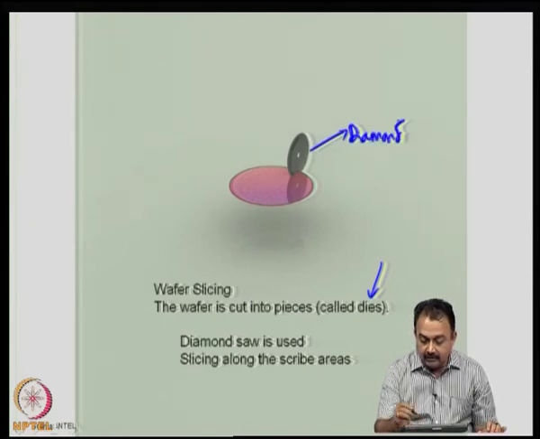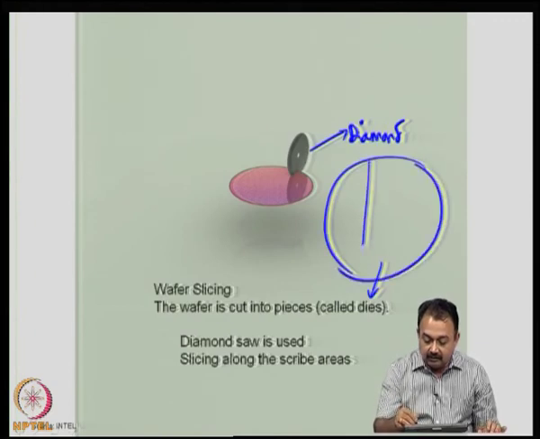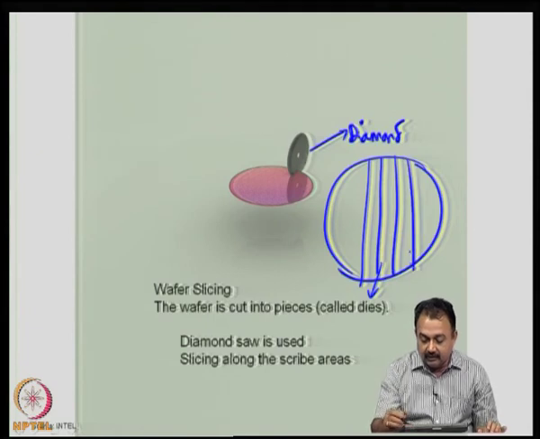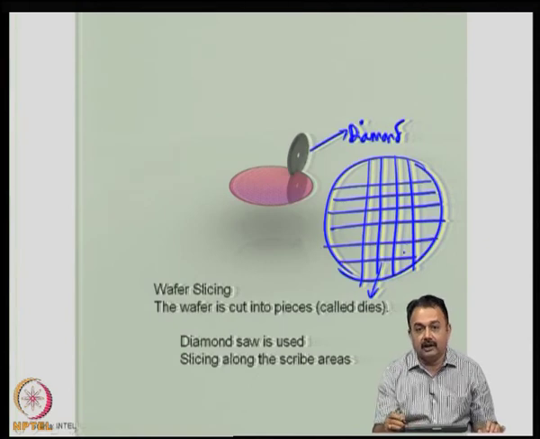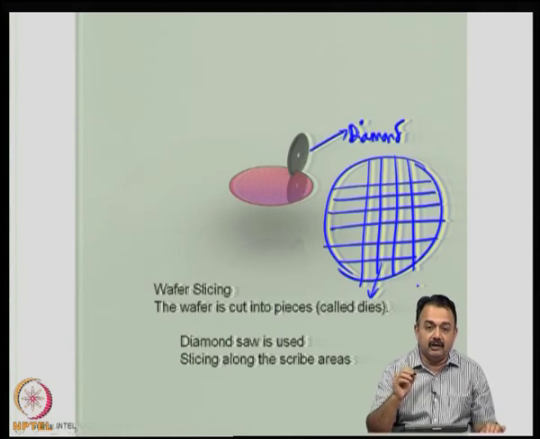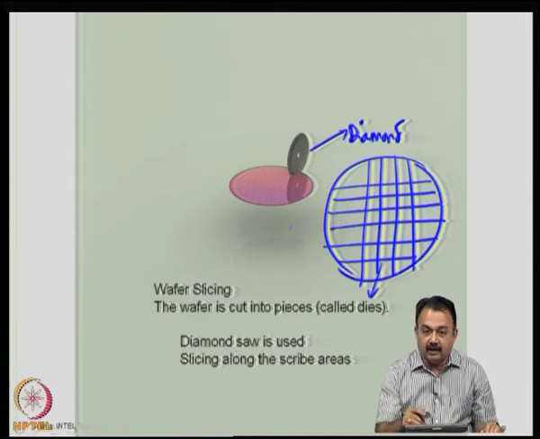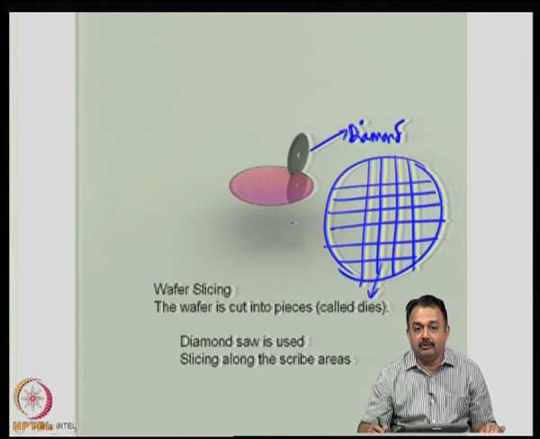This is the process I mentioned, where, on a wafer flat, as you have seen in the last class, there will be some scribe lines. The cutting has to take place along these scribe lines. That depends on the crystal structure, and it is very important that the scribe areas are well defined. Their thickness is also defined alongside the diamond saw thickness, and when you slice, you have to make sure that the adjacent dies are not affected due to vibration or other factors in the equipment.